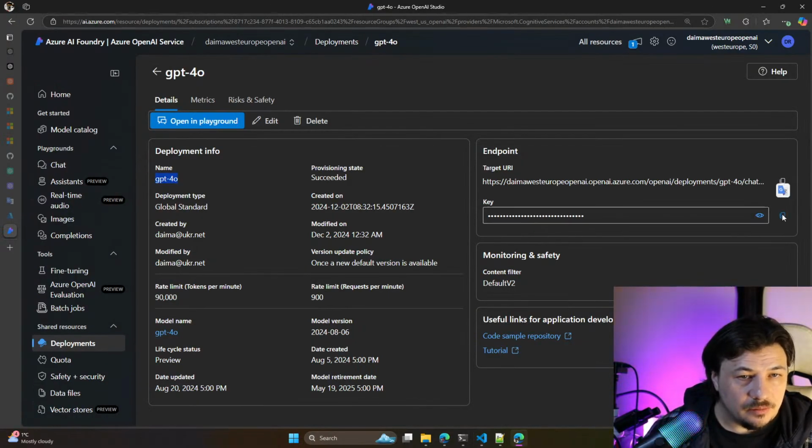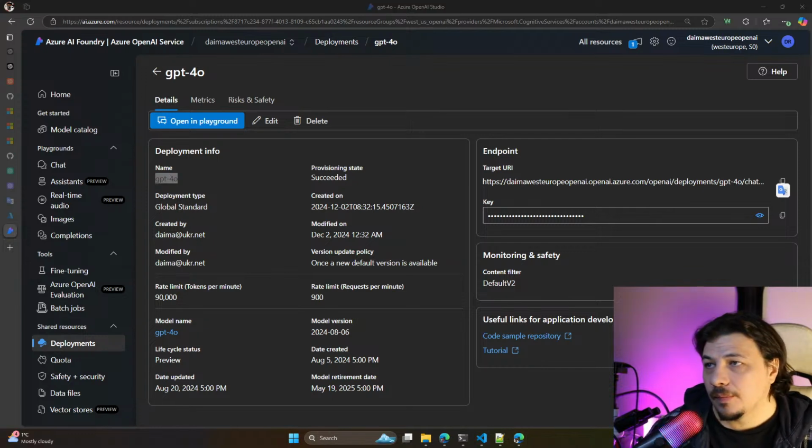And the key, we just copy, and I will put it into the local env as the Azure Open API key. It's short, that's why I'm not going to share it with you. API key, go to local, equals.